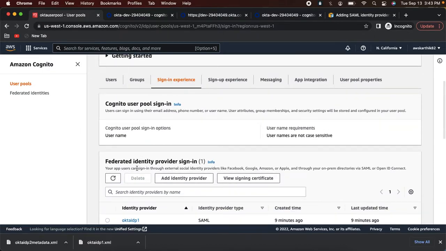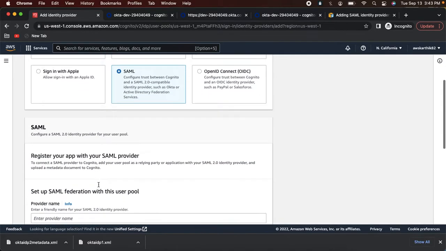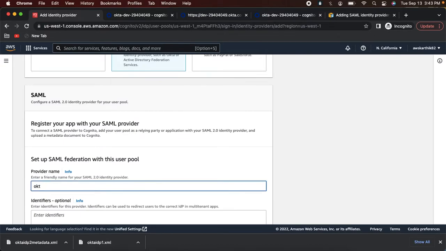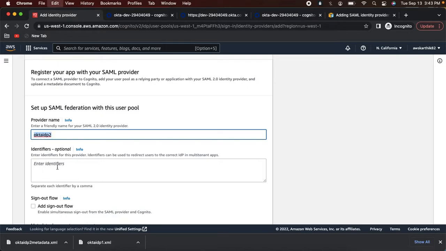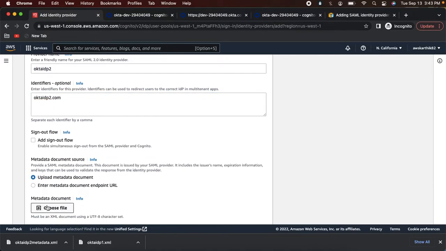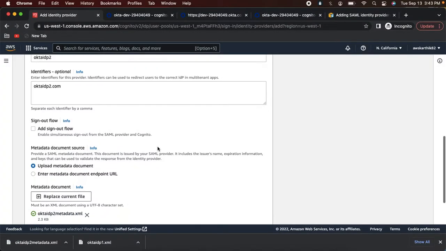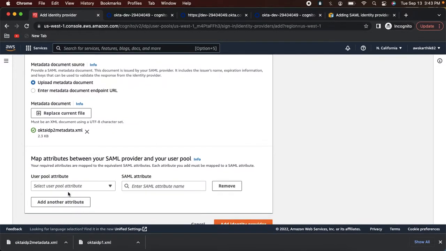Now I'm going to add a new identity provider, and I'm going to name it as Okta IDP2 and the domain as OktaIDP2.com. So I need to configure this second metadata and add the attributes. So email is mapped to email,